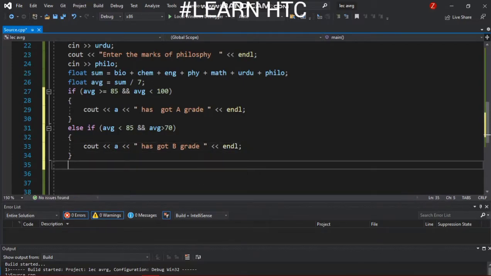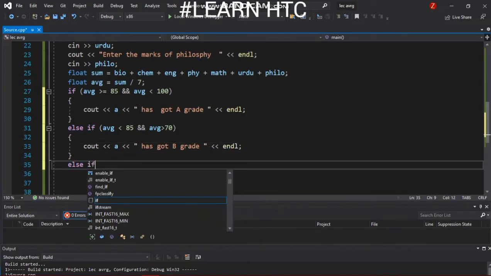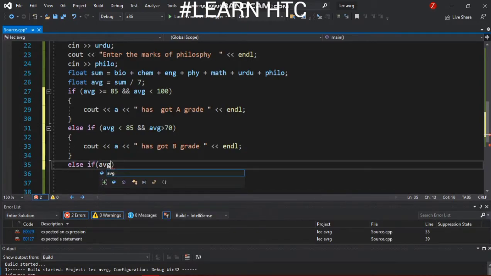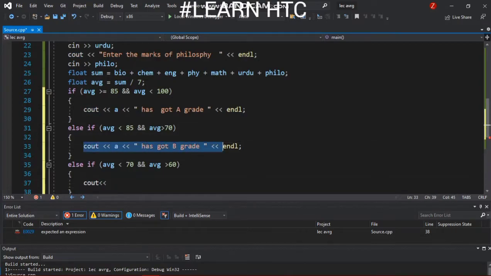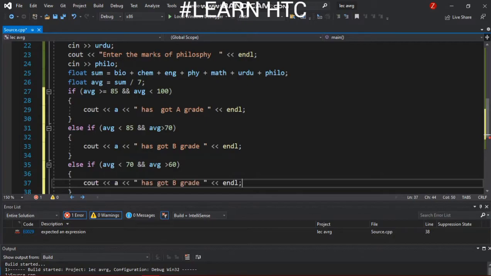Now else if average is less than 70 and average is greater than 60, cout, we just copy this step for our ease: C grade.